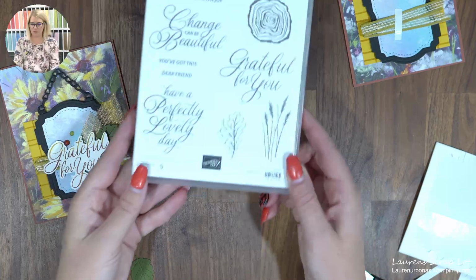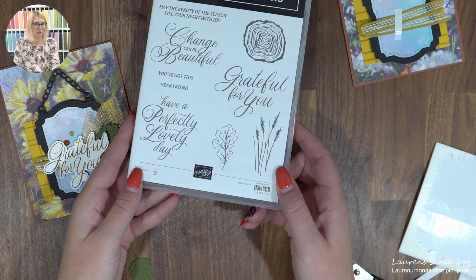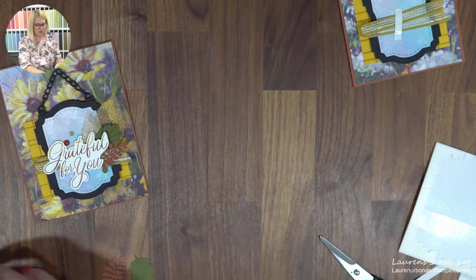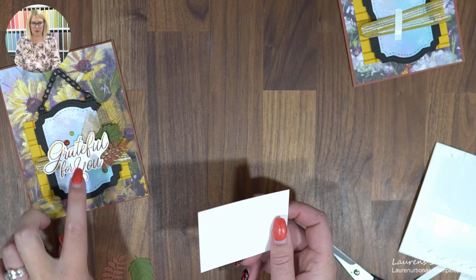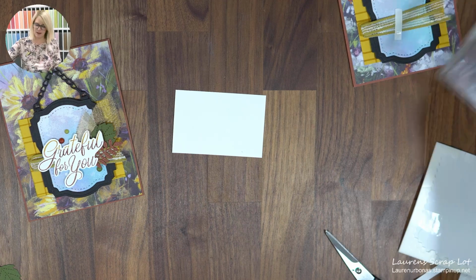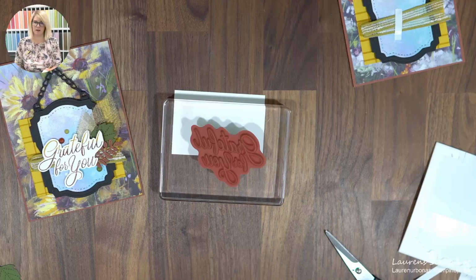Okay, for your grateful for you. That is one of the 3 gorgeously large sentiments on here. You can choose any of the 3. They'll work perfectly. But I've mounted this one, and I'm going to show you how you can make this little image with the 2-tone coloring. If you don't want to do that, again, you can just stamp in one solid color and you will be fine, okay? If you want to give this a try though, we're going to put our block on the desk